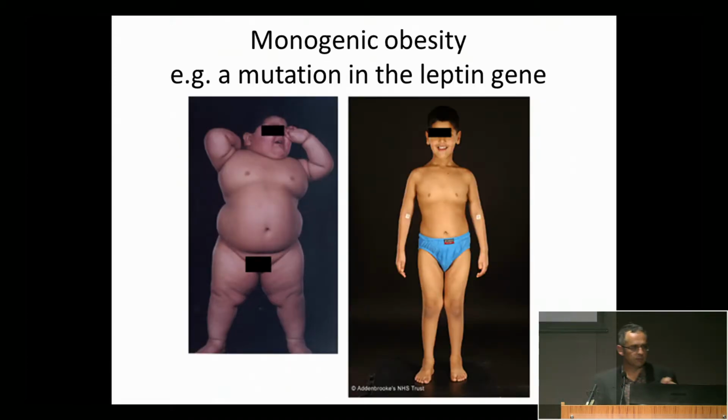Going to obesity, it's actually been really informative to look at and understand causes of monogenic obesity, in terms of trying to educate people that genetics is important. It's these rare forms of obesity that are actually quite useful. So this was one of the first studies published way back in the early 1990s from a Pakistani family, a mutation in the leptin gene, where this child, 3 years of age, I think here, didn't produce any leptin, and leptin is a hormone that's important in appetite. You need it to suppress appetite.